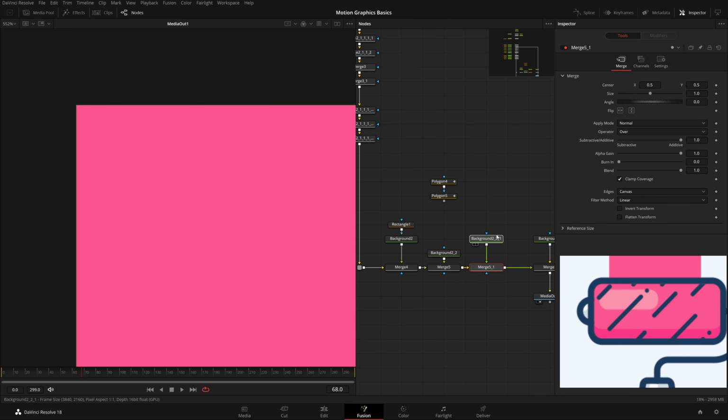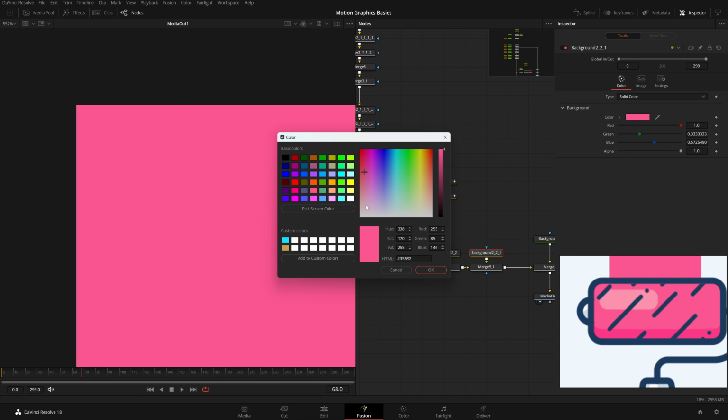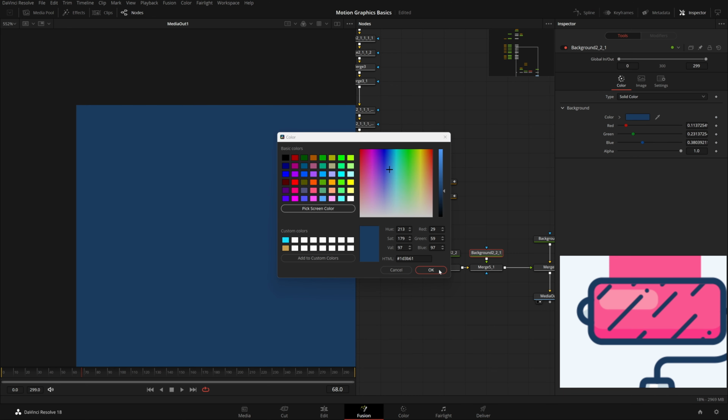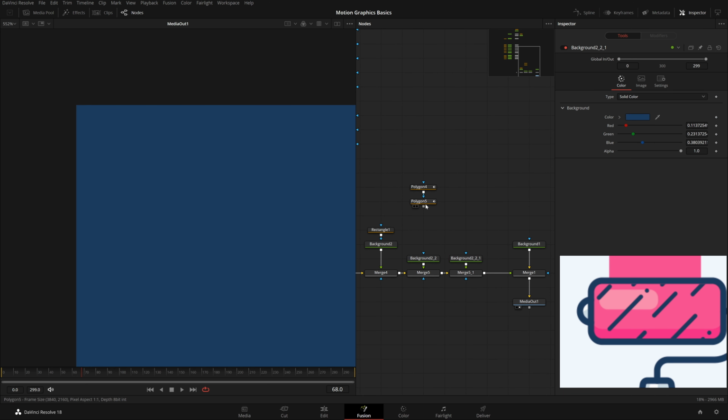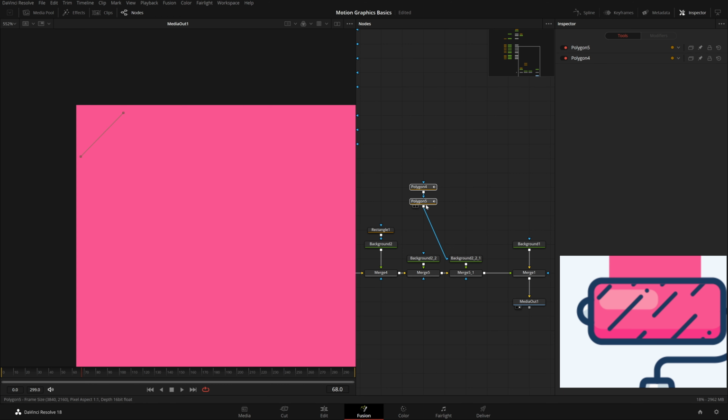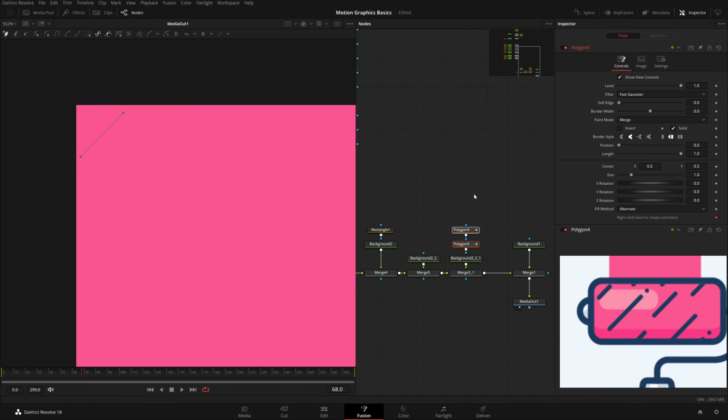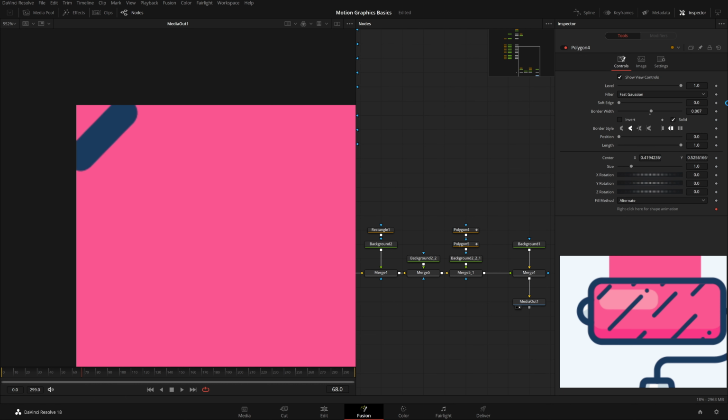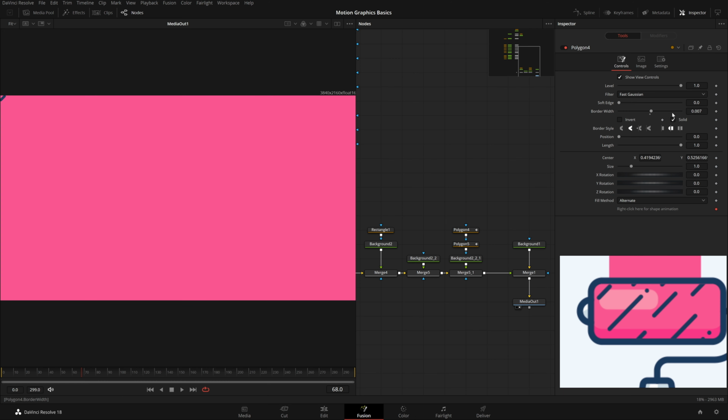Let's change this background's color again to this indigo bluish, navy blue, whatever. Now connect these polygons over here. Okay, why did I do that? Well, to create these lines. In the first polygon, again, set 0.007 to the border width. Don't you think that it's too much? To be honest,